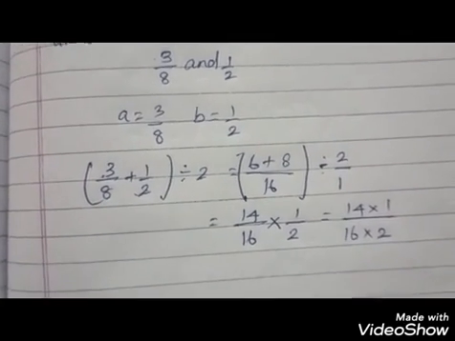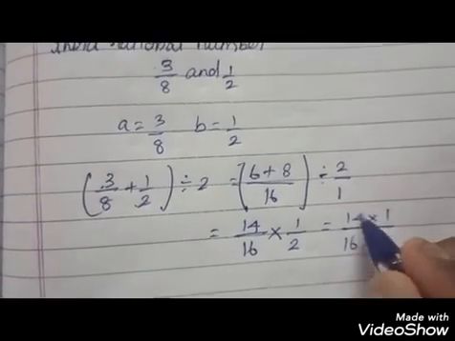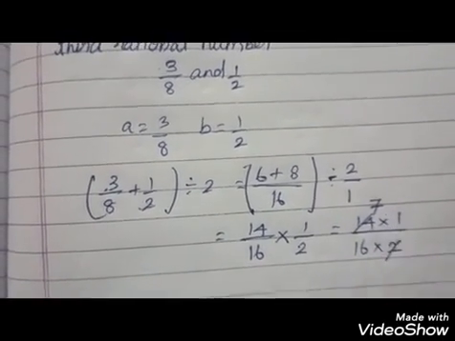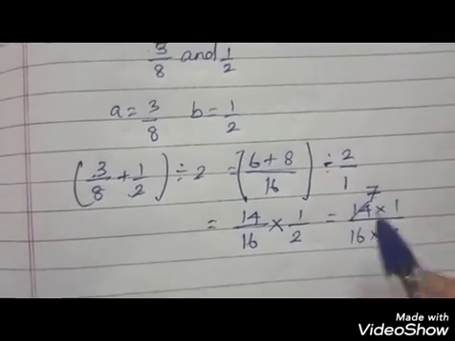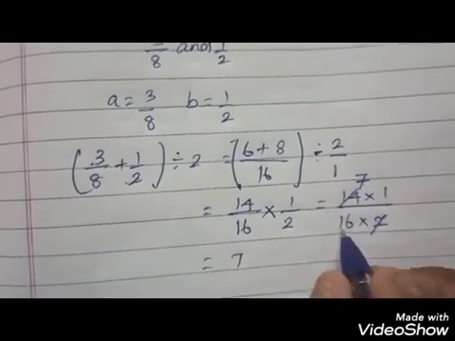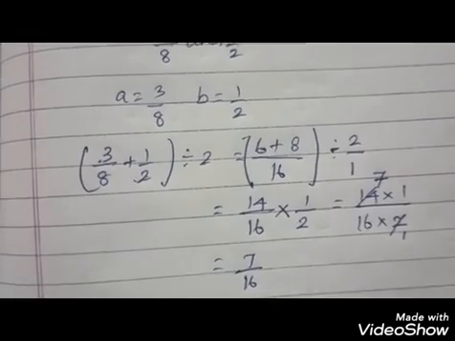Now you just have to compare with the lower one. So 1 2 is 2, 7 2s are 14. 7 is a prime number, so it is impossible to cancel the 16. So 7 ones are 7, and 16 into 1 is 16. Now you got the third rational number.